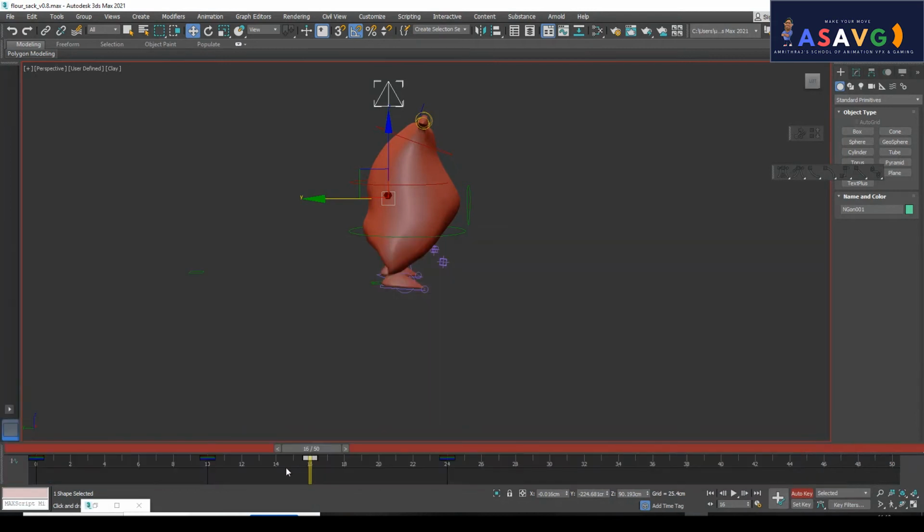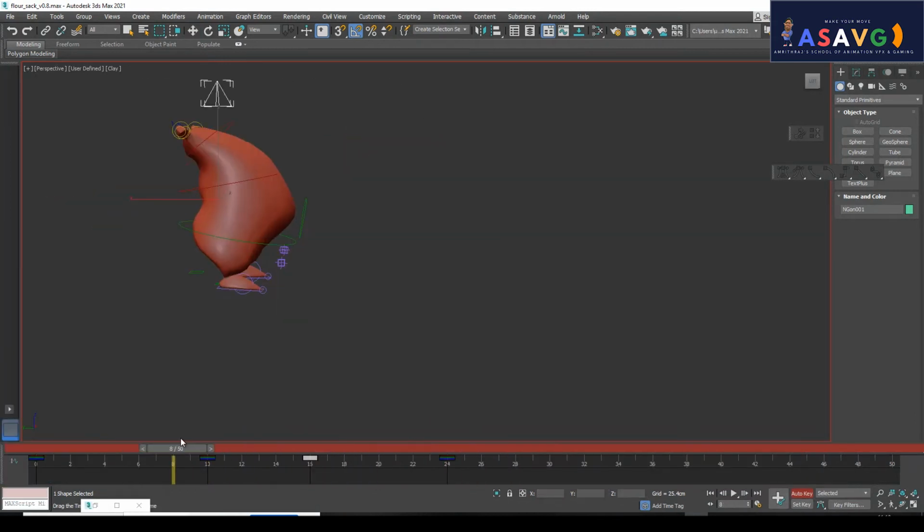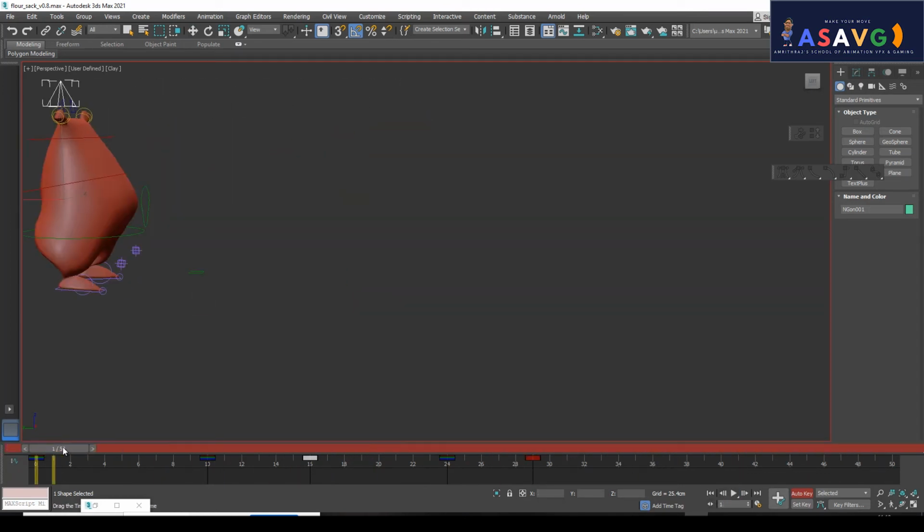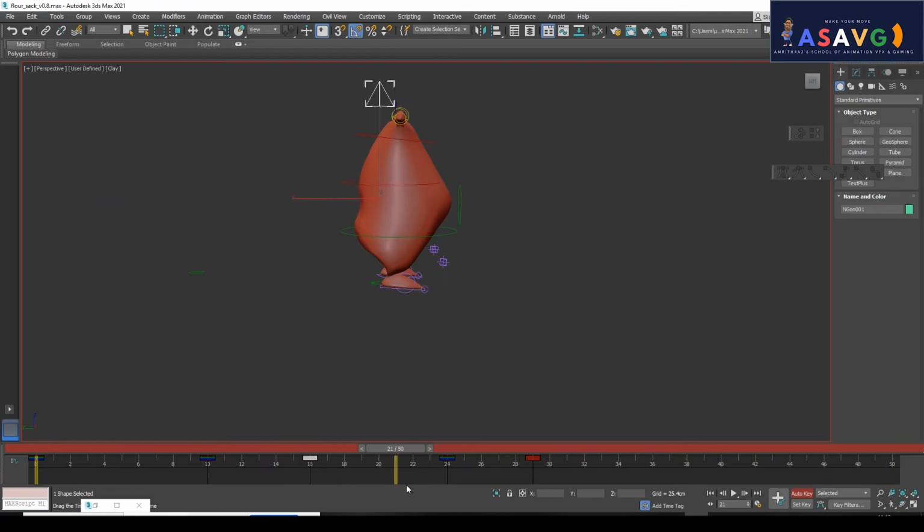Okay, so we can see he is settling quietly, naturally. And if you want, you can add one more keyframe also, just like this. Understand? I will make a play. Now we are getting a smooth movement, right? Now I will click here and go down, then up. Then only this area is working.